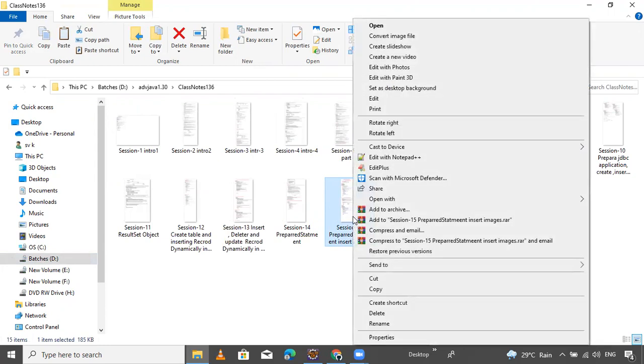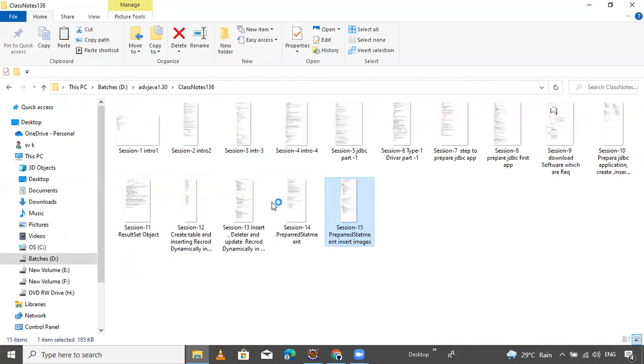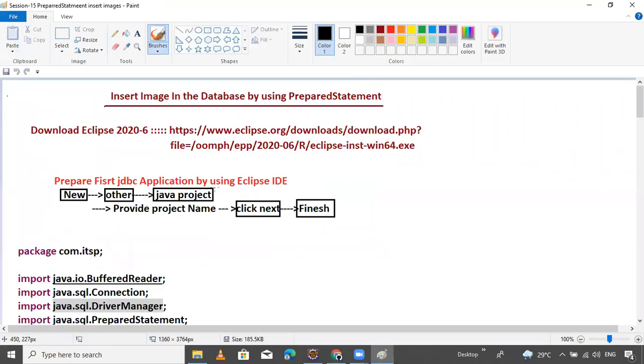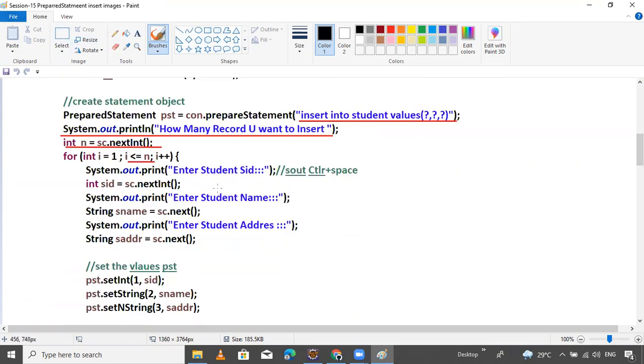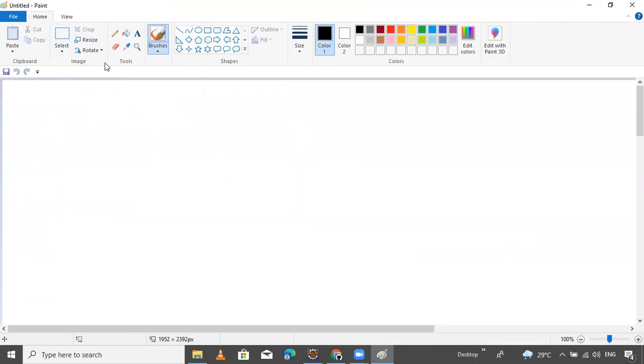I will show you two ways to retrieve the data from the database, that is, to download a file from the database. I will develop two projects, write two programs, so you will get more clarity.